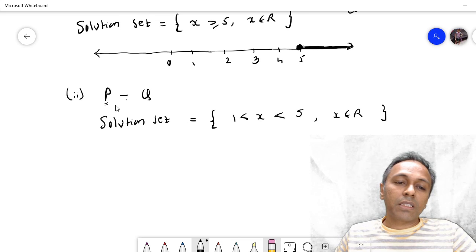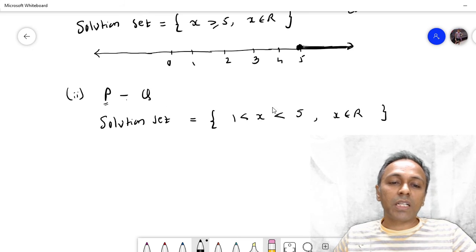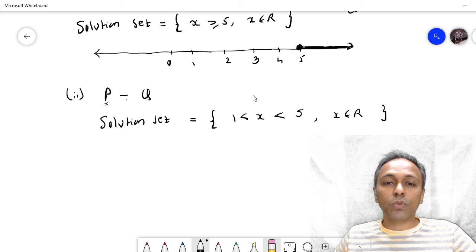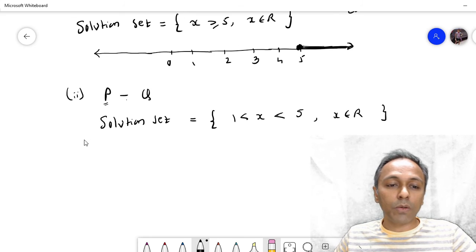P के सारे लिख दिए और जैसे ही Q शुरू हुआ उसके सारे एलिमेंट्स को इग्नोर कर दिया। Q 5 से शुरू हो रहा था इंक्लूडिंग 5, तो 5 को भी इंक्लूड नहीं किया।